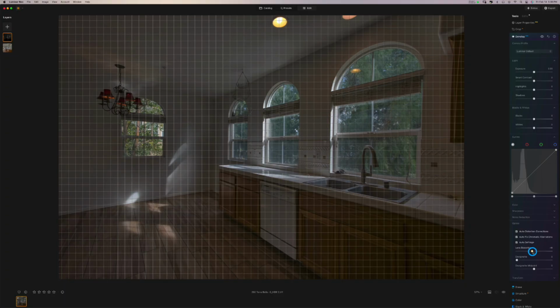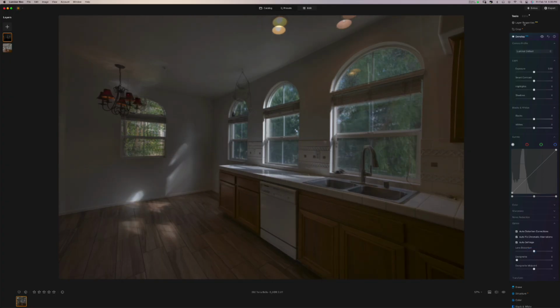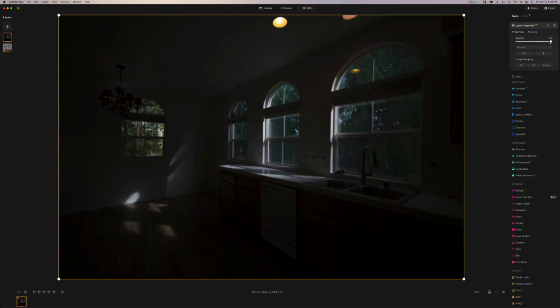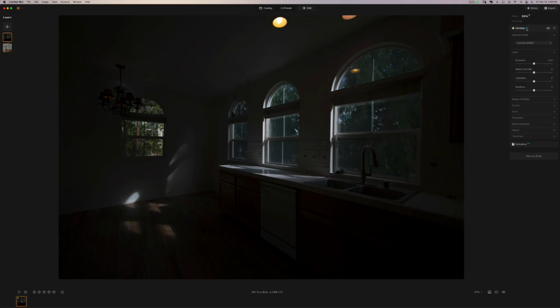It kind of adjusts it, but there's a little bit of an issue here when it comes to Luminar's fixing of this with separate layers, and I'm trying to talk to them about that, but right now we're not going to worry about that. So if we just close that, bring our opacity up from the layer properties of our underexposed layer, it's perfectly aligned. We go to our edits, and you can see the develop, it says develop raw. It's a little bit different than the develop,